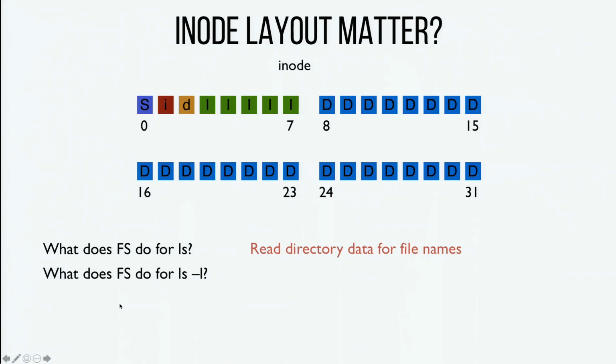But what do you need to do if the user says, I'm going to run ls -l all day? Then what do you need to display to them? Then you're displaying things like the permissions and the size of the files and things like that. So when you're doing ls -l, you're accessing the metadata for all of those files. So now instead of just needing to get the directory data, we're needing to read the inodes of all the files that are pointed to by that directory data. So what that implies then is that